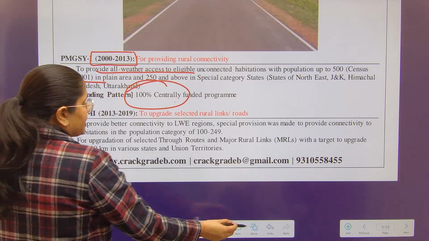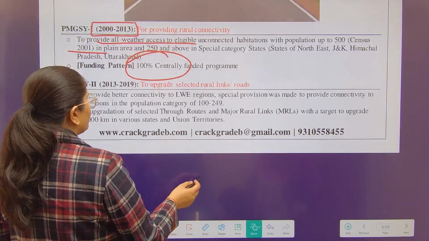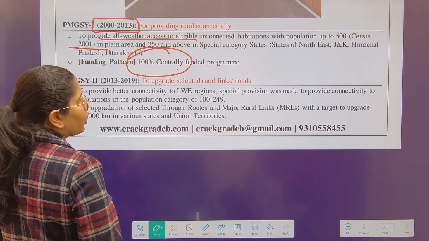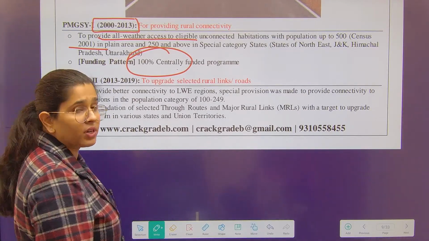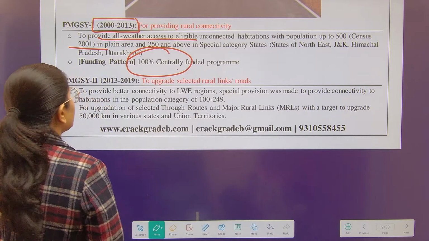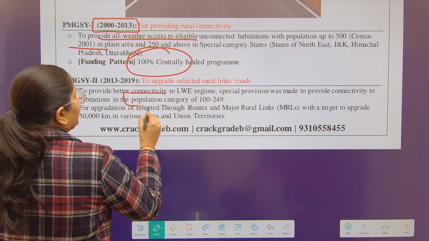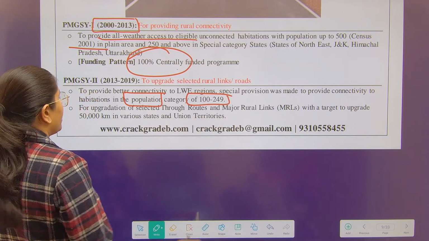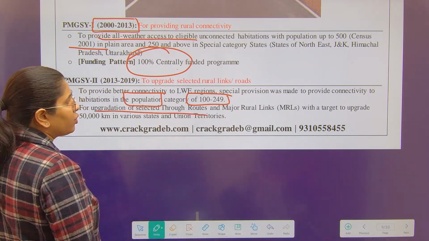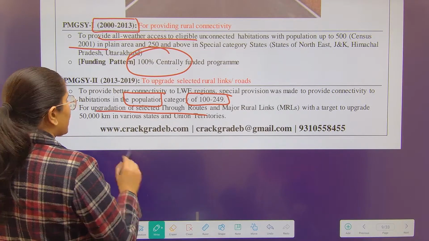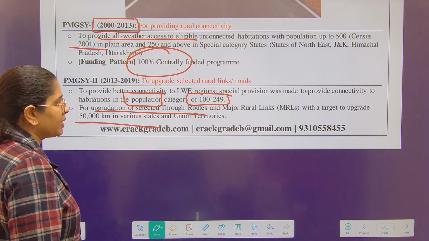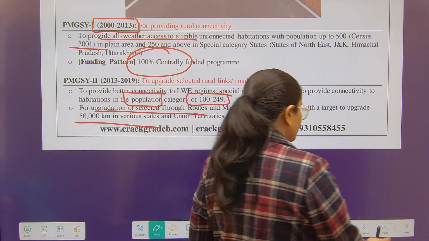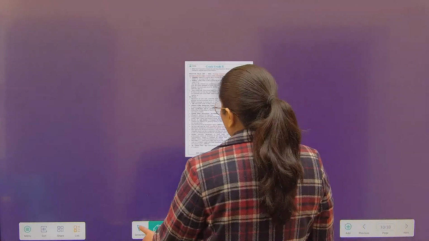Then the second phase, 2013 to 2019. In the second phase, you are going to cover those areas which were not covered in the first place, here again in the population category of 100 to 249. For upgradation of the selected through routes and major rural links, with a target to upgrade 50,000 kilometers in various states and union territories. And lastly,